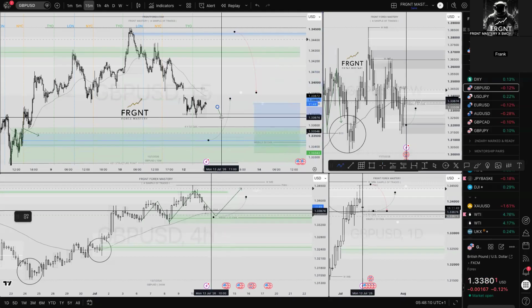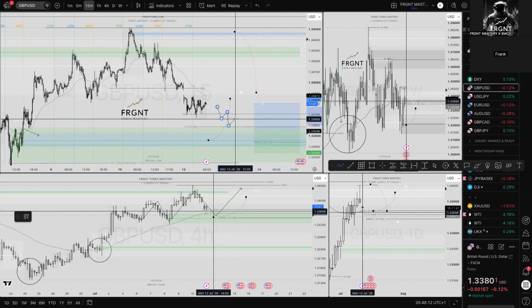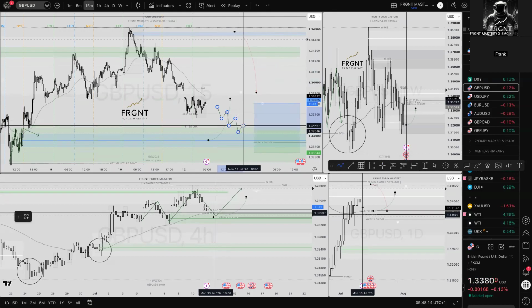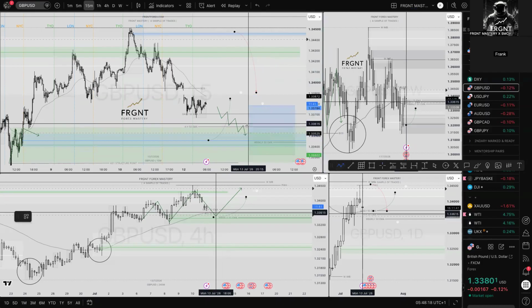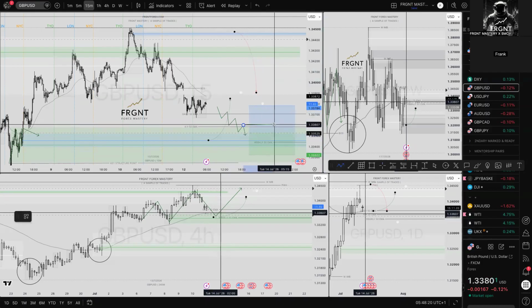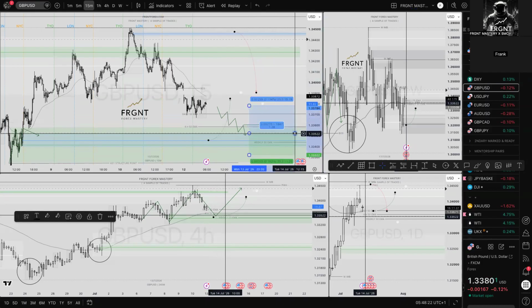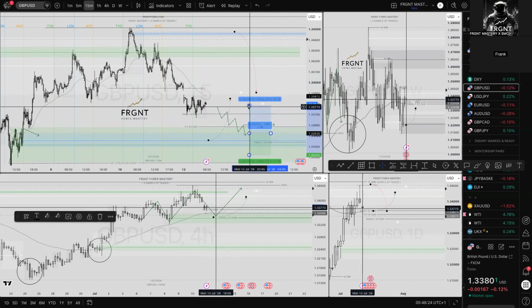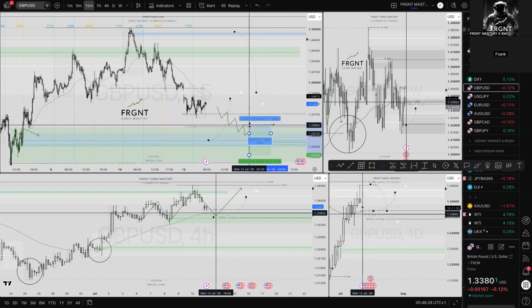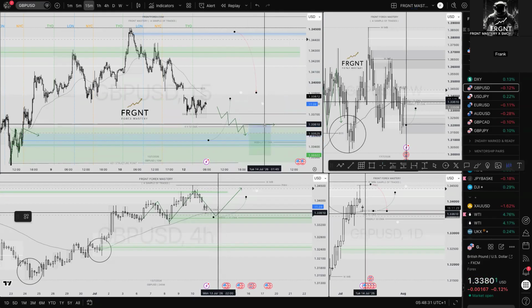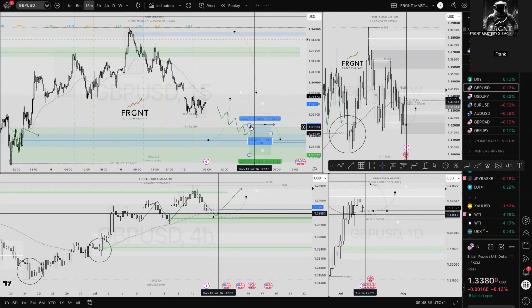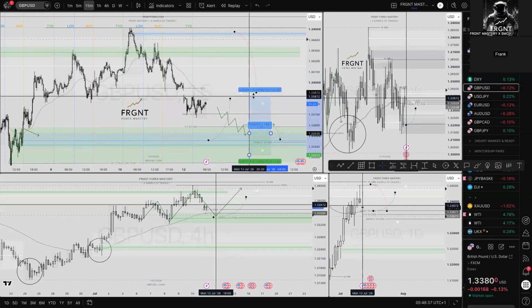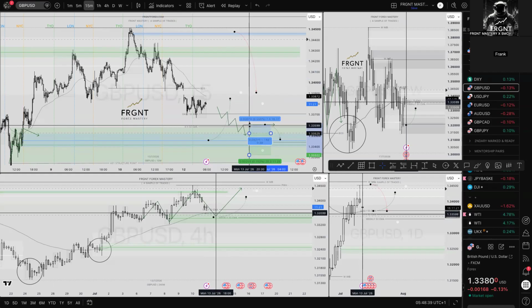So let me draw it correctly. Lower low, lower high, lower low, lower high, lower low, lower high, and I enter straight away. Where is my structure point? The area that created the most recent low in the market, I need to wait for price to break. So you need to be going break even by the area in which you're expecting a potential rejection from. We must use the facts. So if that isn't broken, you cannot then anticipate that. If it isn't broken, you must go break even.